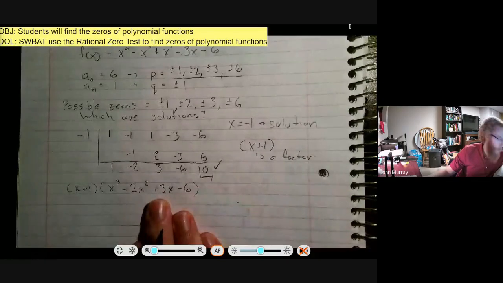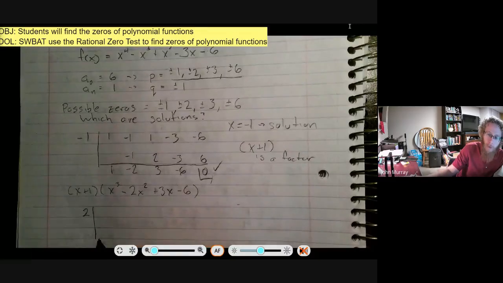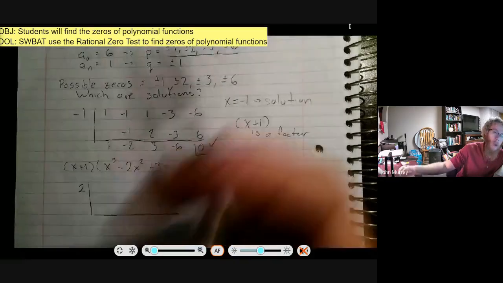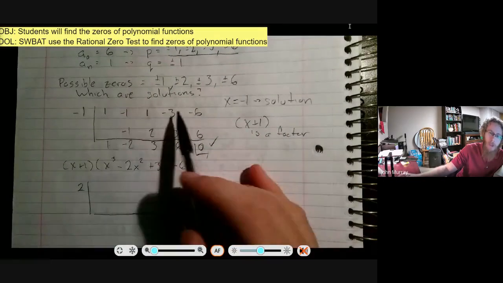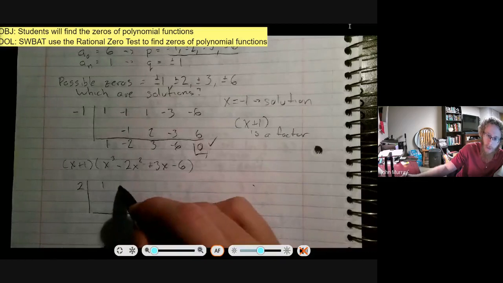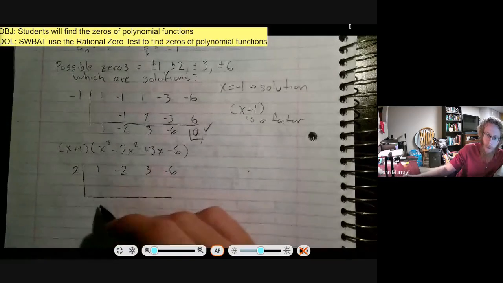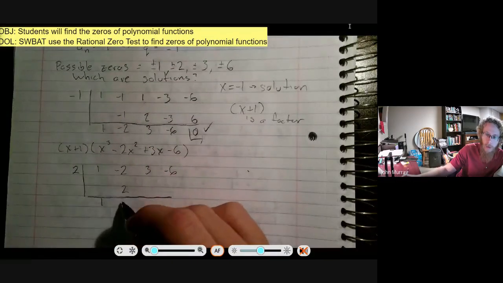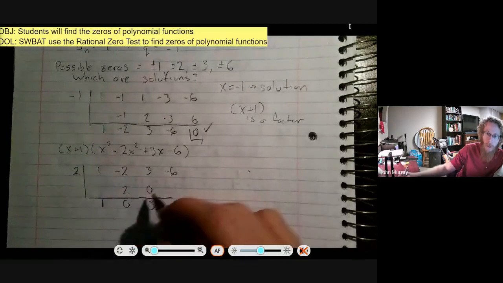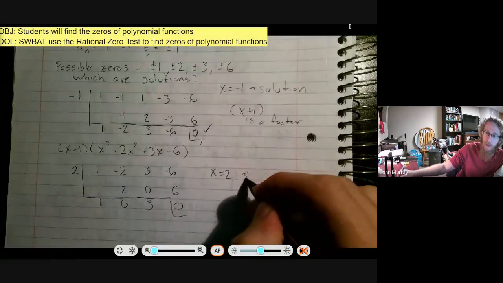Now I could try to find another factor. I'm going to take another lucky guess. I'm going to try 2. Like we did way back when we were doing synthetic division, I don't have to use these coefficients, but I could go back and use these coefficients because it makes it a little easier on us. So we bring down the 1. 1 times 2 is 2. We get a 0. 2 times 0 is 0. We get 3. 2 times 3 is 6. Oh, we get a 0 again. So x equals 2 is a solution,